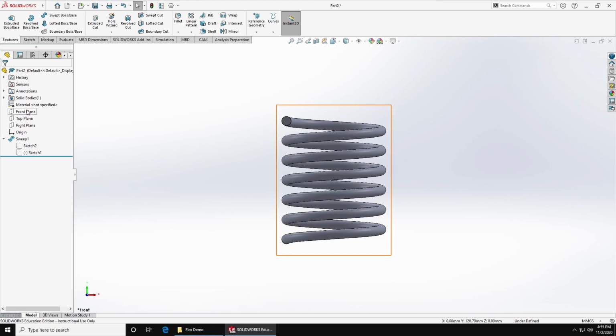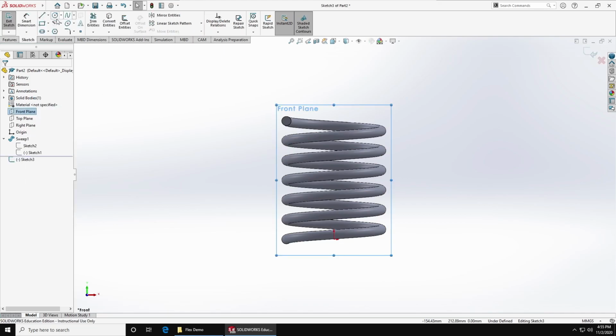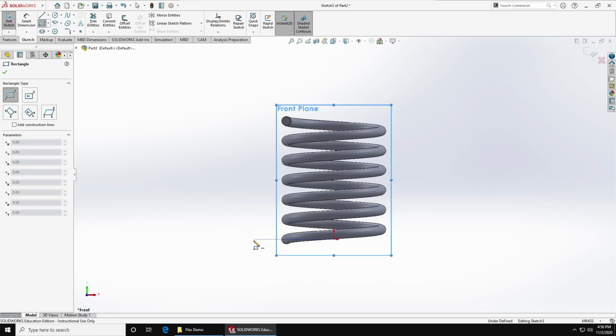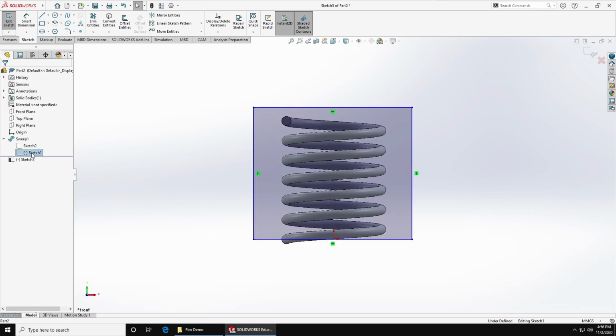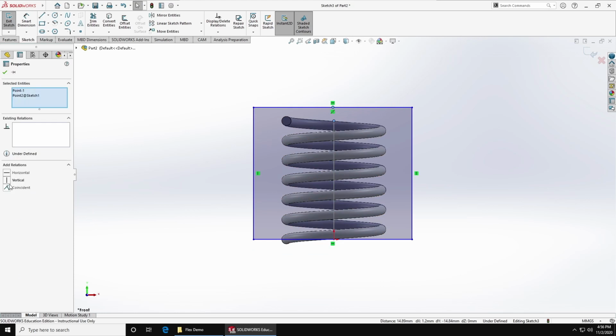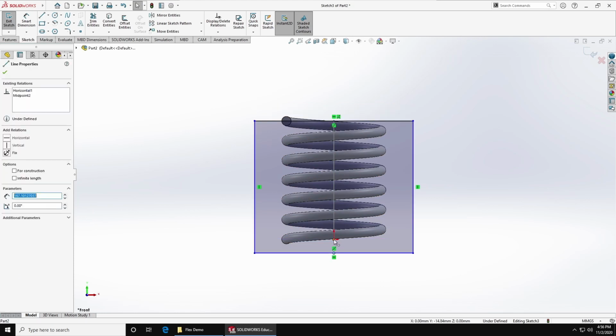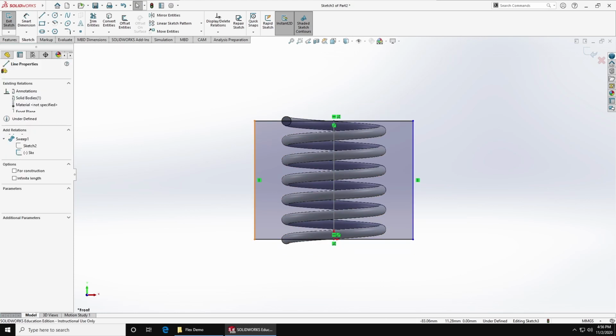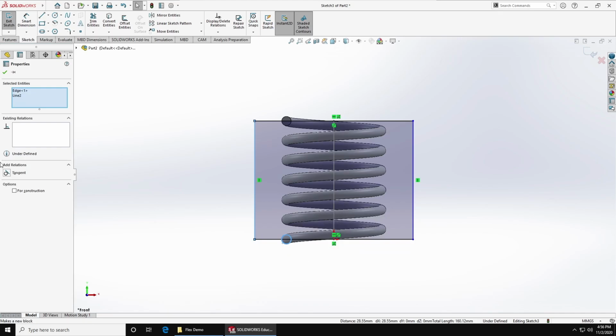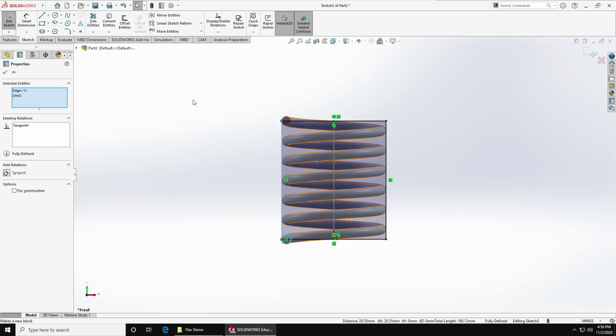So we're going to open up the front plane for a new sketch once more and draw in a rectangle. Set it to go from here to here. Reveal the sweep path so that we can see a bit better of what's going on. Connect the center point of the top edge to the top of the sweep path, and repeat the process for the bottom edge and the origin. And finally, use a tangent relation with this bottom circle to snap it so that the rectangle is just the